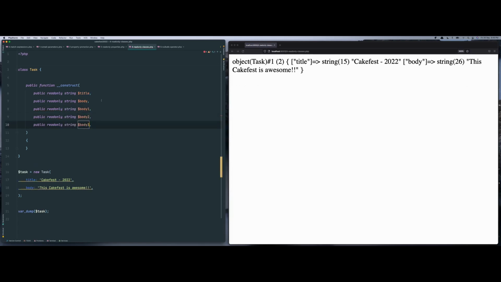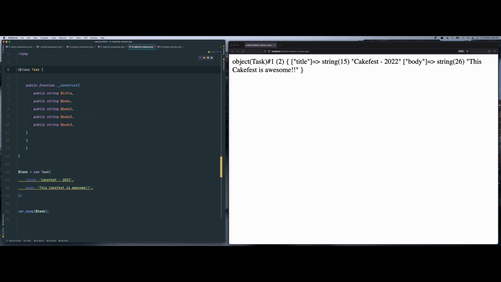Okay, so this is much better than what we would do in PHP 7 right now still, but we still have to repeat ourselves by writing readonly to all of these properties, right? So with PHP 8.2, you can get rid of this readonly keyword in the properties as well. Just to reiterate, this is only available in PHP 8.2 for the readonly class. Readonly properties are available in PHP 8.1, but what I'm going to show now with readonly class is only available in PHP 8.2. So what I would do is I would just get rid of all these readonly properties, and